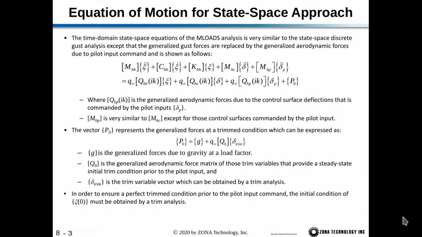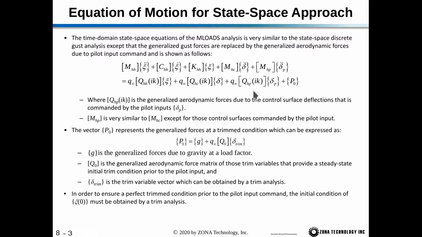So here's the equation of motion of our state space approach. The time domain state space equations of the MLOADS analysis is very similar to the state space discrete gust analysis, except the generalized gust forces are replaced by the generalized aerodynamic forces due to pilot input command, as shown by this equation. So our left-hand side should be familiar, it's the same, and then on the right-hand side we have the aerodynamic forces. We have the QHH times the normal modes, QHC times delta, and this would be the delta due to the closed loop